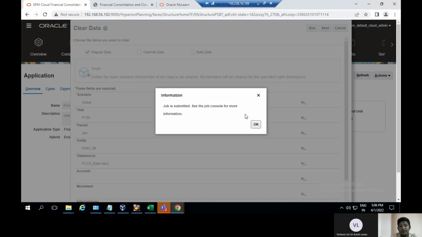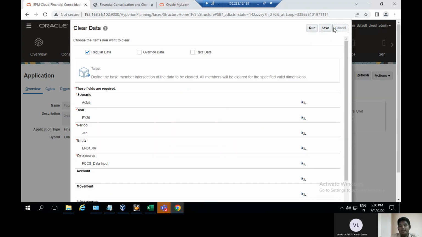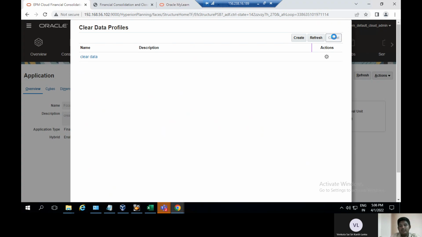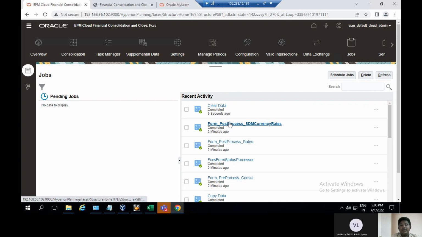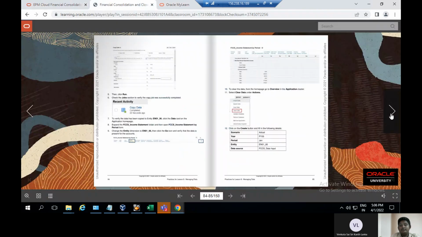I have to count. A job is submitted, and job console for information is OK, and cancel. I have to check whether it is a success or not. Clear data is success or not. Clear data is successfully completed, and then after that